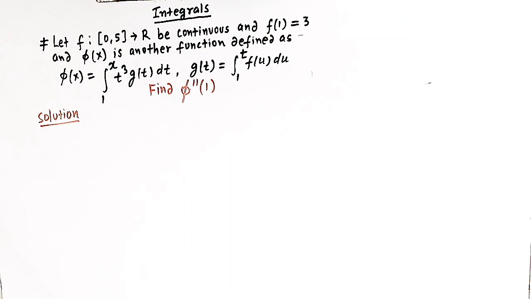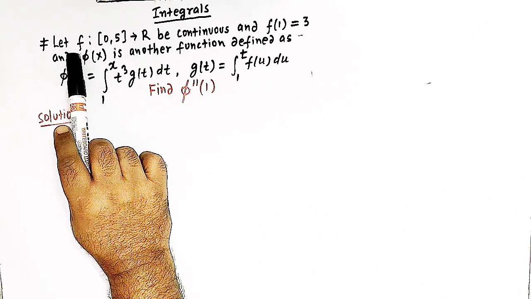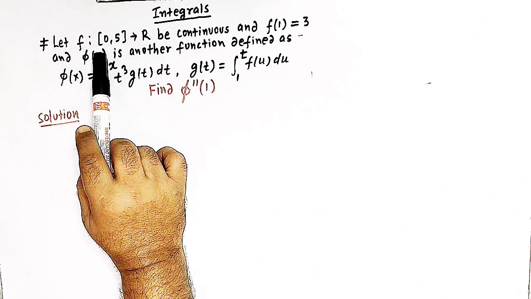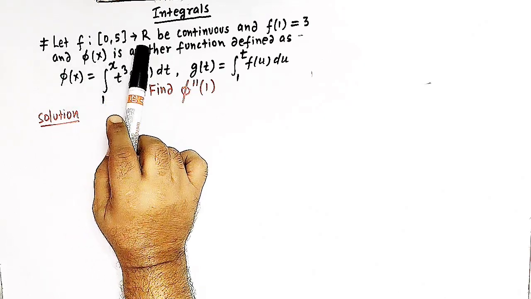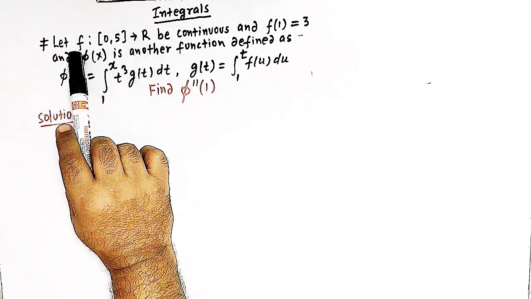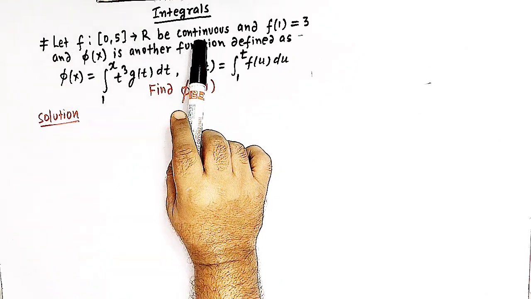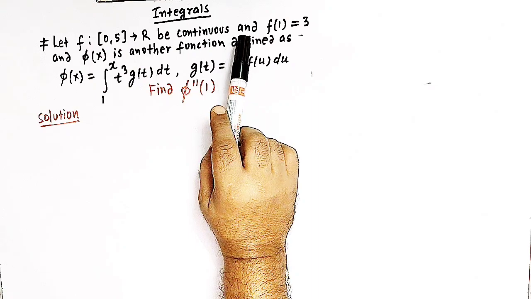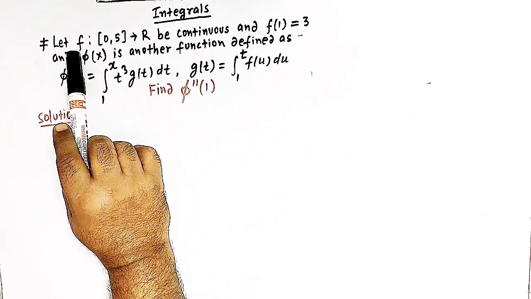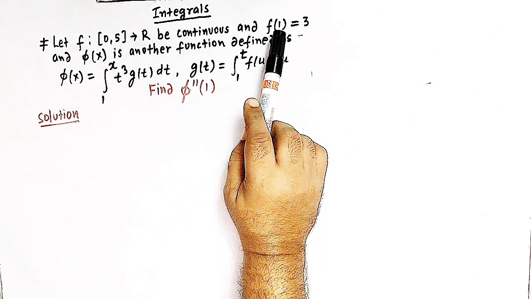Hello viewers, in today's session we are going to discuss another important and very conceptual problem from definite integrals, right? And in this session we are going to discuss this problem where we are given a function f from the closed interval 0 comma 5 to the set of real numbers, and this function f is given to be continuous, right? And moreover we are given that f of 1 is equal to 3,